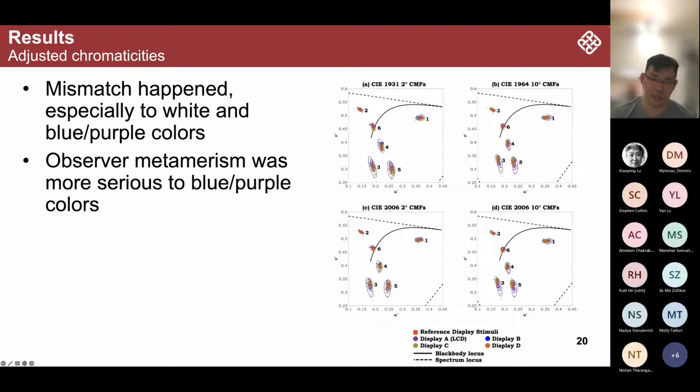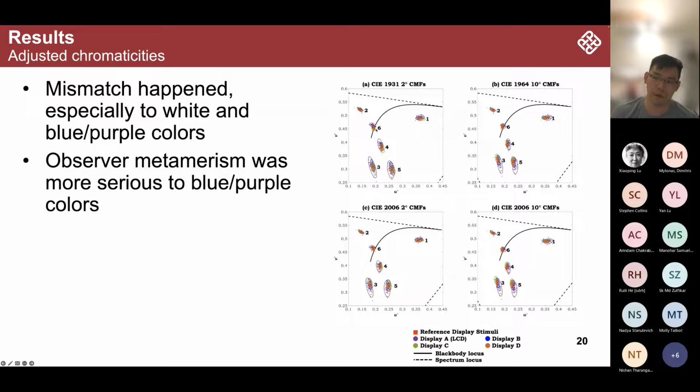And the smaller the size of the circle or ellipse, the smaller the differences between different observers. And here you can see that when we use different color matching functions, in general, none of them work very well. We find mismatch really happens. In other words, when we want to create a match, we have to have different chromaticities to introduce a visual color match. But if the chromaticities match, the colors will actually be very different.